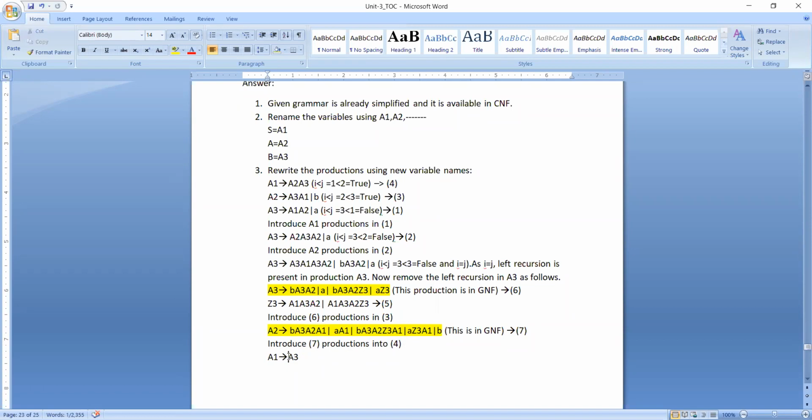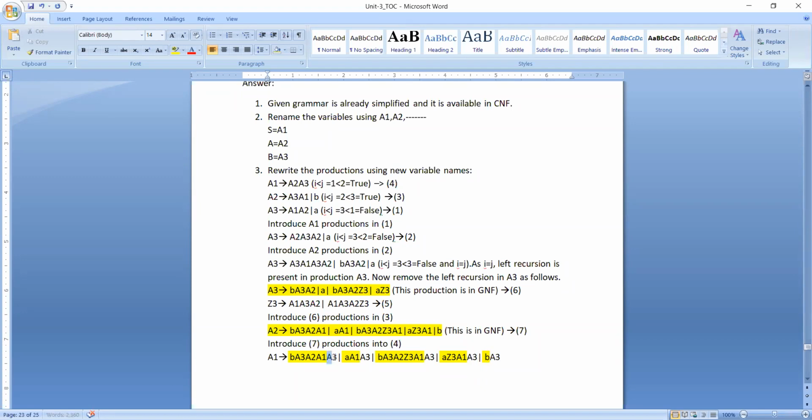You can see here, in the place of A2, first we will get this one, or then what we have with A2, small a A1, small a A1, this is A2 and this is A3, or then the next one will be this one, A3, this entire part, then A3, or next we will get AZ3 A1, AZ3 A1, or B A1, B A3, B A3, and here also we need to write A3.